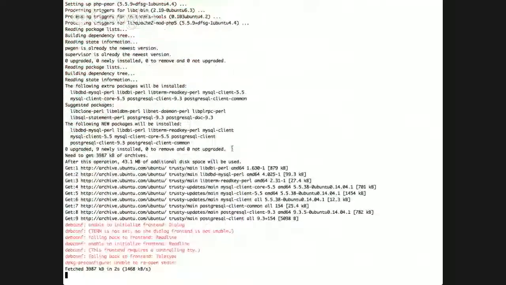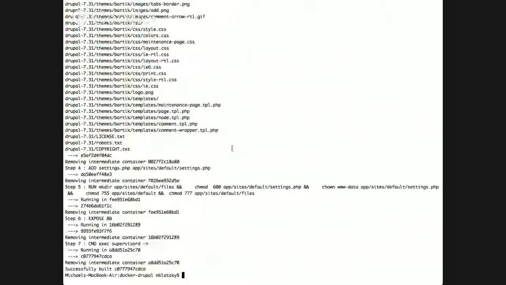Let's say there's a dependency that you need that's very, very specific. What you would do is you would go in and you would just add that one item into your Dockerfile, rebuild it, and it'll roll through and do it even quicker the next time. Now it's downloading Drupal and expanding it, and now we're done. So now we have another Drupal image that's been built,